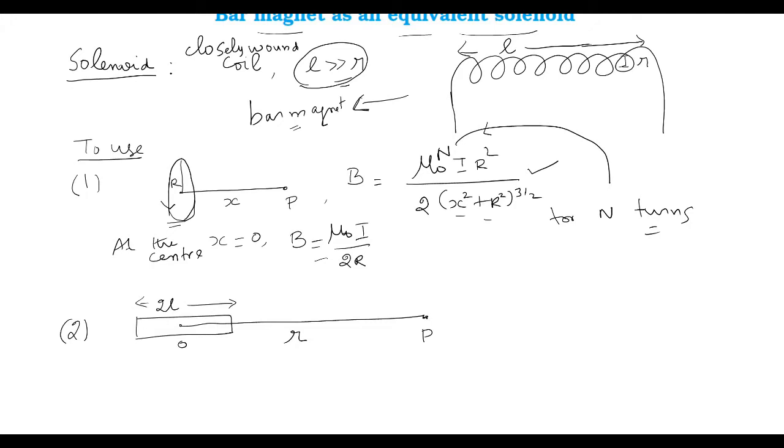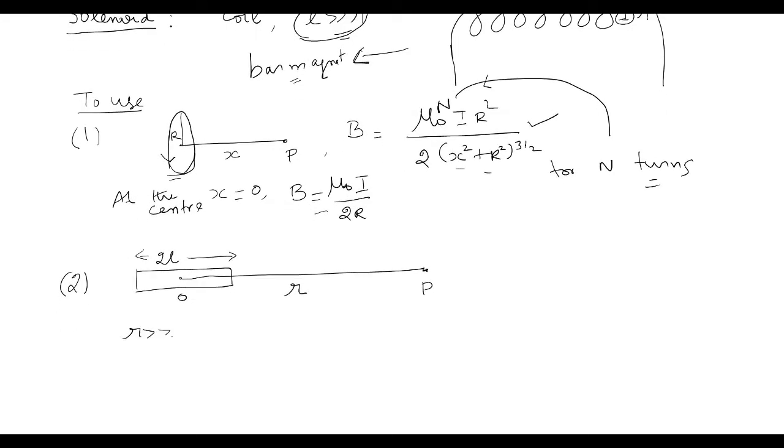Then, under the assumption R very much greater than L, the magnetic field at P is given by the formula 2 K m by R cubed. The direction of the magnetic moment will be the same as the direction of the magnetic field, from S to N. That is the formula for the magnetic field at the axial point under this condition, R very much greater than L. In this case, K is mu naught by 4 pi for free space. Mu naught is called the permeability of free space.